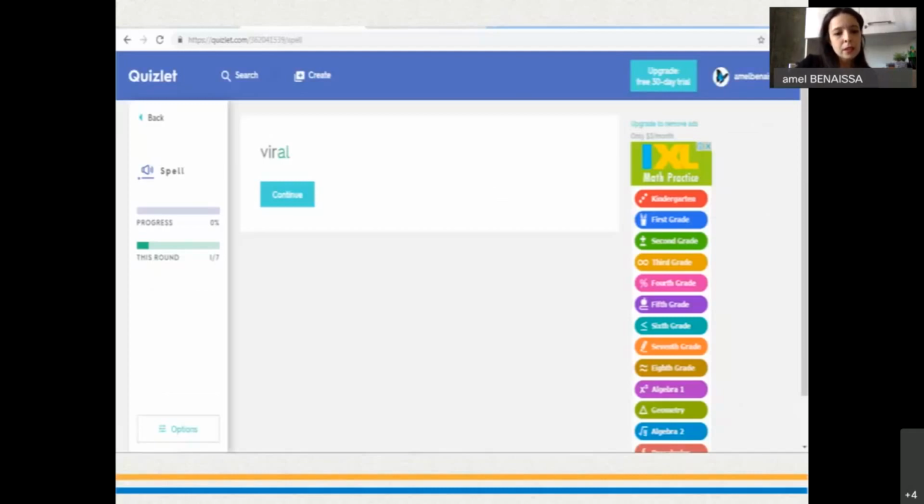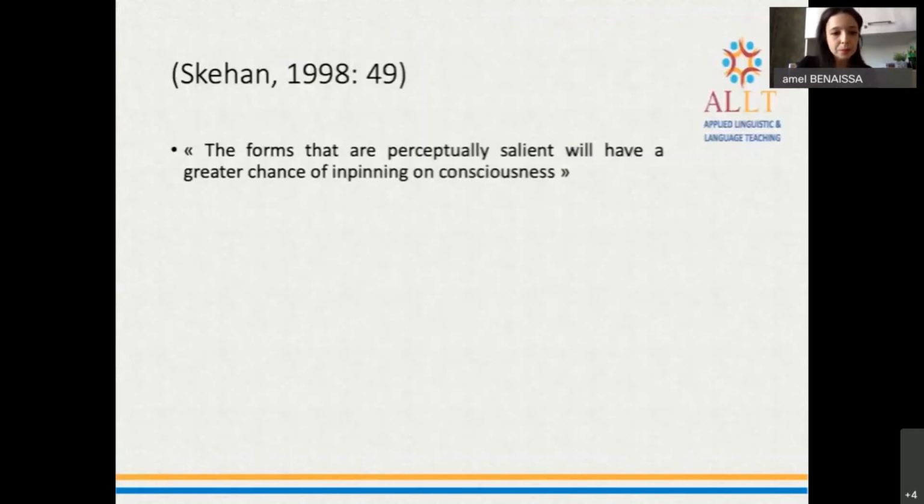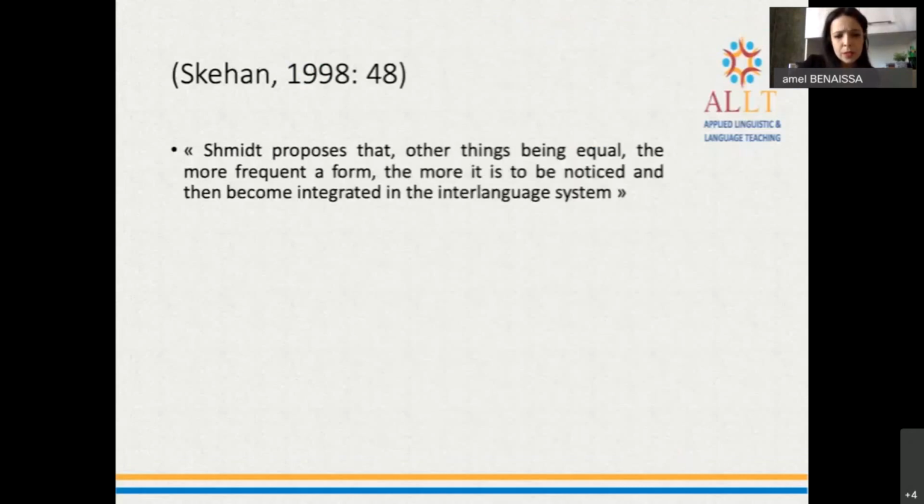And this is the last exercise, where their spelling is tested, and it can be very helpful because sometimes students memorize some words but they don't know how to use them. And it's not until they use the language that they realize they make mistakes, and this really helps them correct their mistakes. So this is it for this part.